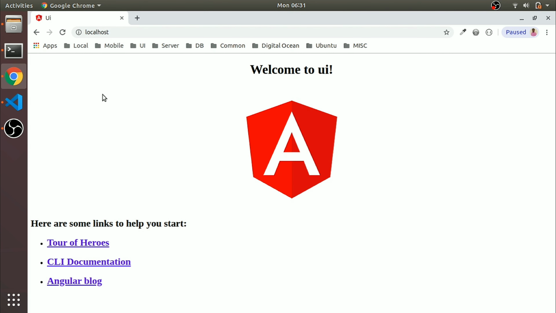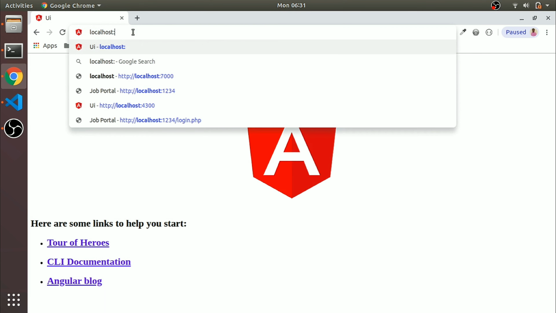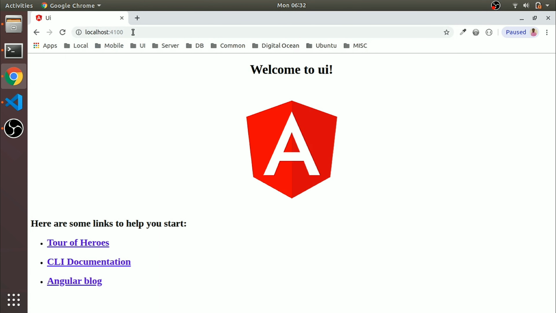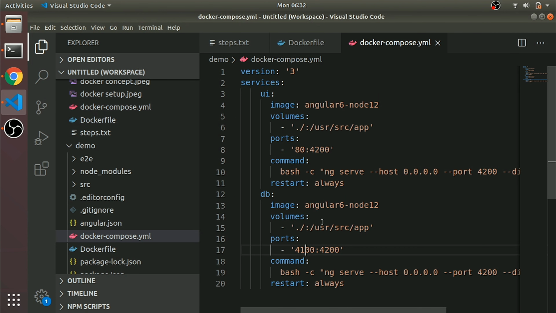If you go to localhost it will come, as well as localhost:4100, the same thing will come, right? If you want one more service here, just run Docker Compose down, add another service, and it will work fine. We can add as many services as we need, there is no restriction. So it's very easy, right?